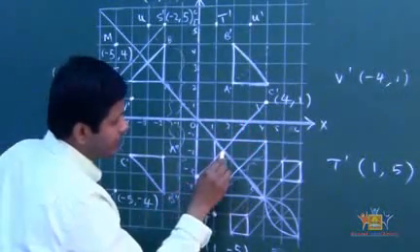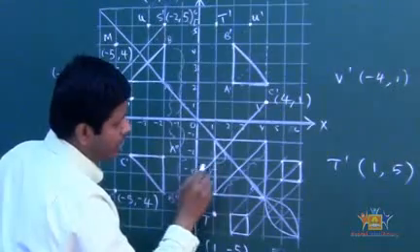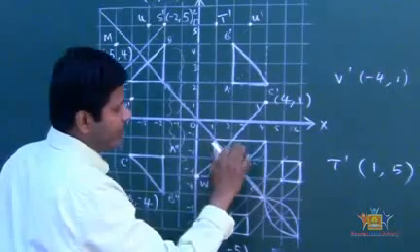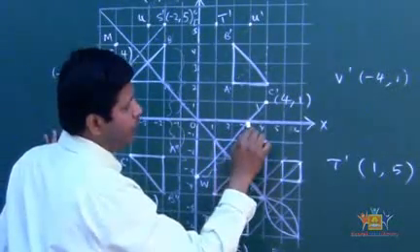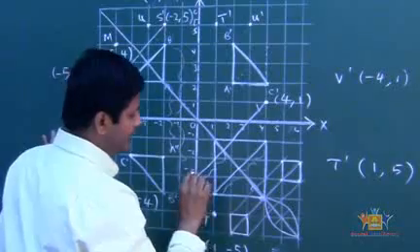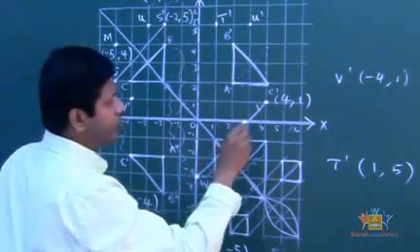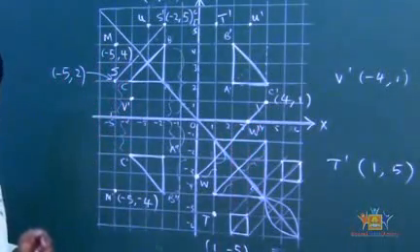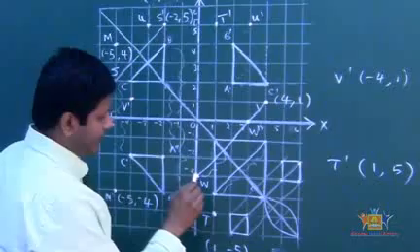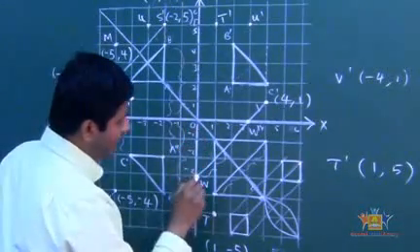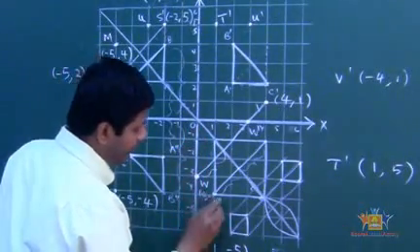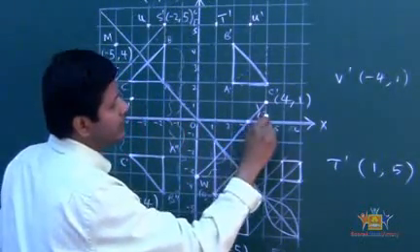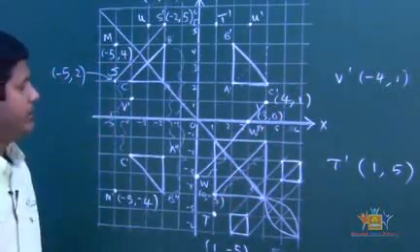Now I have to measure the distance, which is 1.5. That means this also has to be 1.5, so pretty much half and 1. So this W image is going to be right here. Now let's find the coordinate of this one. This one is 0, -3, and the reflection becomes 3, 0.